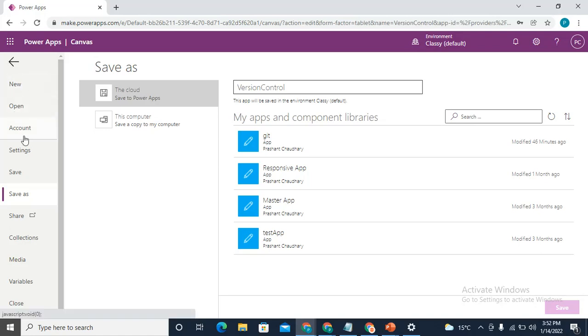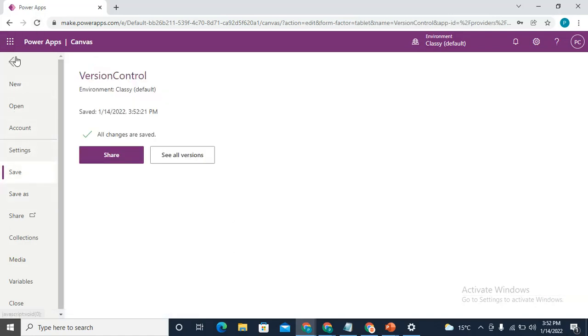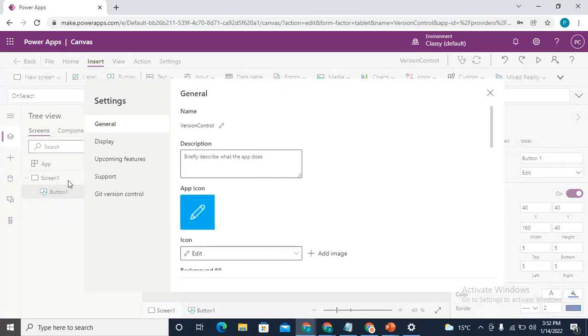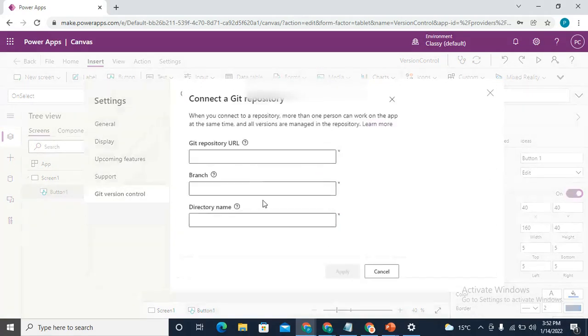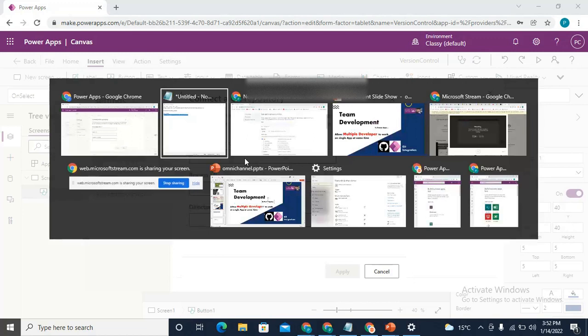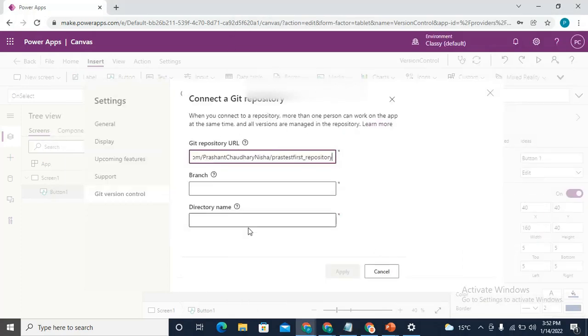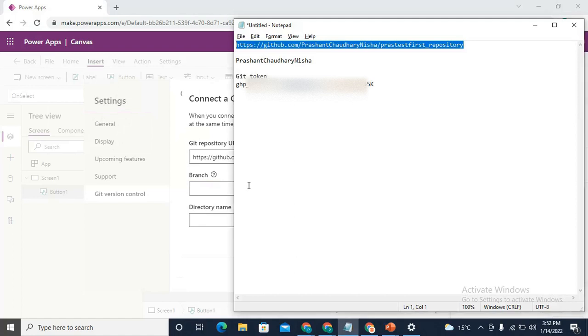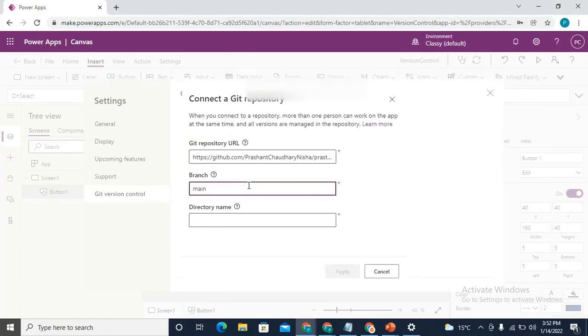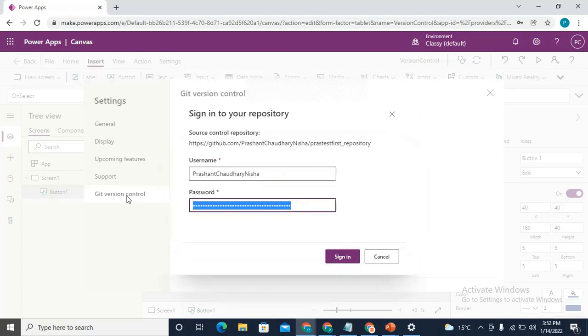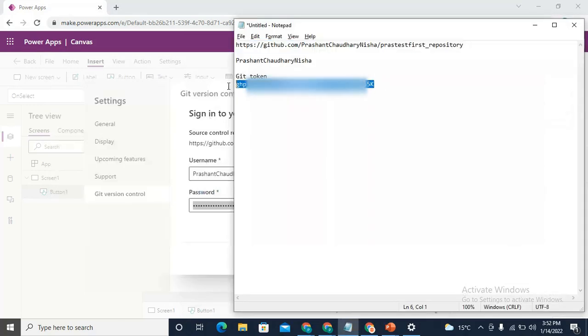okay, so now you can try now. Get version control, connect, and pass the URL. I have already written my URL and all this stuff here in my notepad. Okay, this is my repository URL. Branch is my main. Directory name is my ASPPP. See, I have three P's. This would be the folder I'm using. And here I'll simply need to pass my Git token,